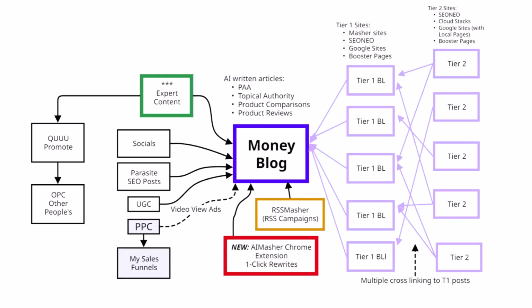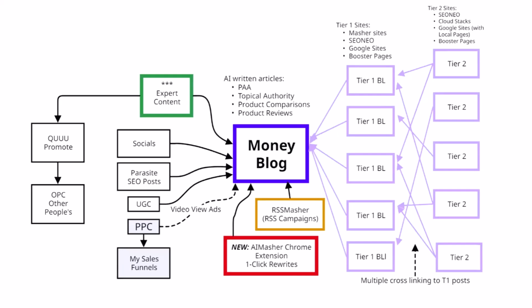Okay. The reason is you can pull all these articles that you want. You could do 100 a day if you wanted, and put it into your My Articles on AI Masher, add some images, and kick it out as a WordPress post, kick it out over here on your tier 1s or on your tier 2s. Okay. You can kick it out as a Google site or into Masher sites or anything like that. Very, very handy. We haven't even tapped the surface of everything that this is going to be able to do for you. But it's a cool